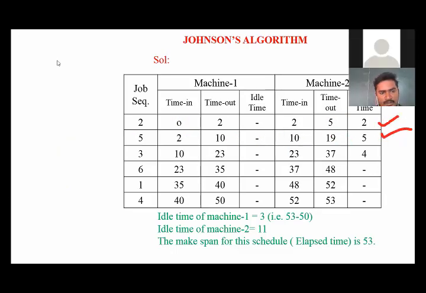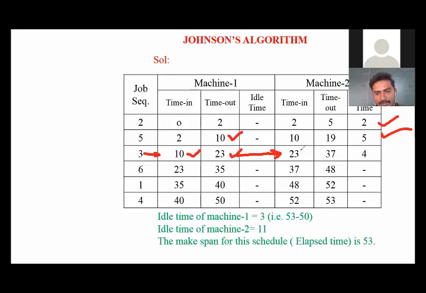Now we are going to start the third job on machine 1. Immediately after completion of the second job, we loaded the third job on machine 1. It requires 13 hours processing time on machine 1. So the total time is 23. Same as before, after completion of machining on machine 1, we send that job to machine 2.